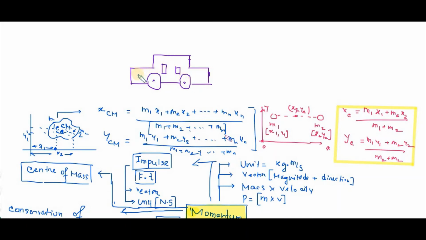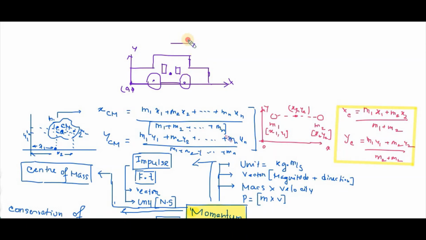In that case, we can consider the individual objects as individual point masses, and we can consider any reference system. So let's consider the reference system. This is the back point, the reference system where the x-axis and y-axis are defined. Now with respect to this origin, we have to define the possible position of the center of mass, so that whenever we do further calculations,